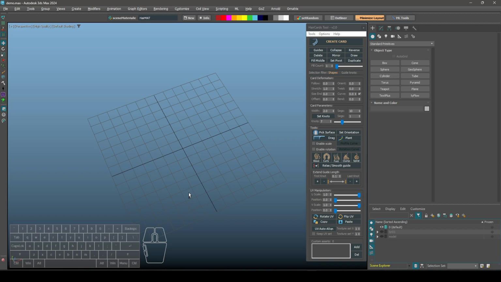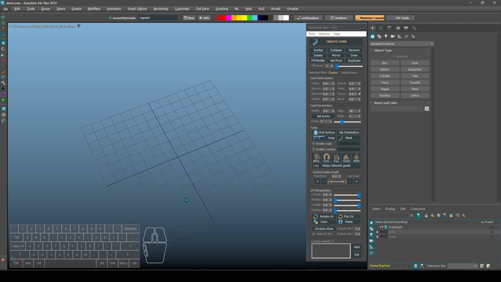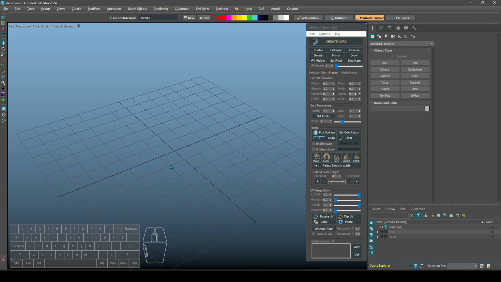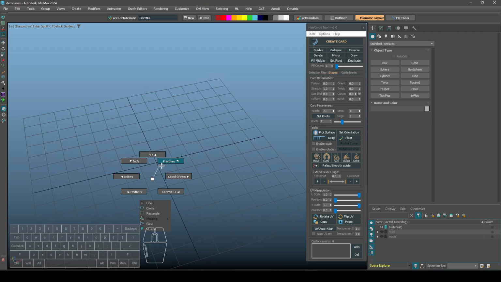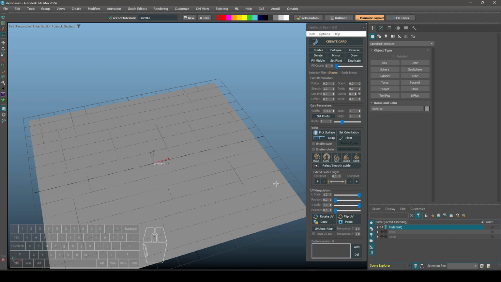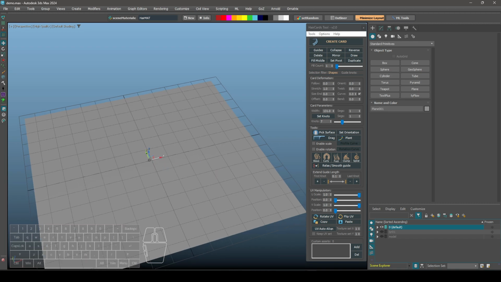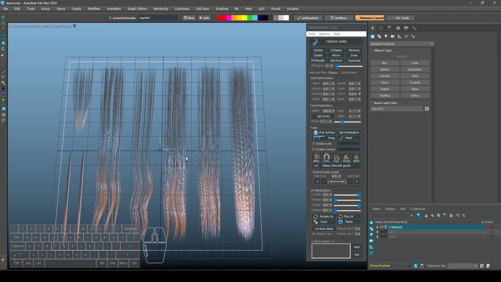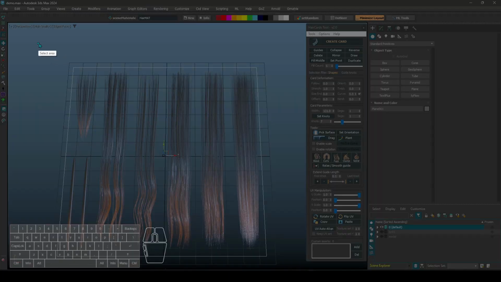Alright, so let's go to the UV manipulation group. What I want to show you is the new function that is called UV auto align. So basically, let's say we have this plane with this texture, let me apply the material. So we have this texture here. So for instance,